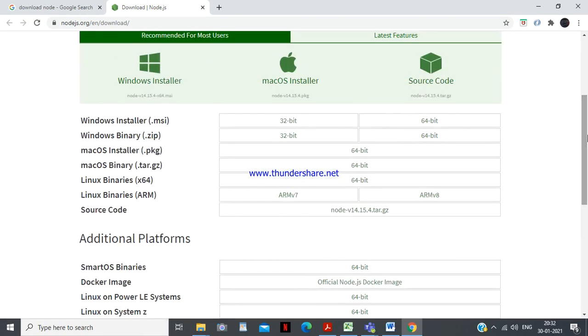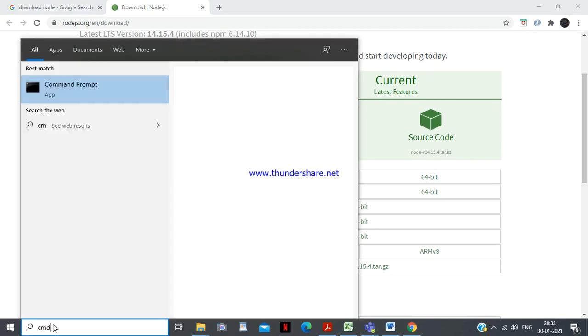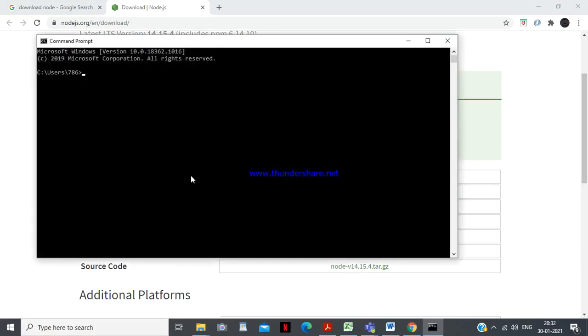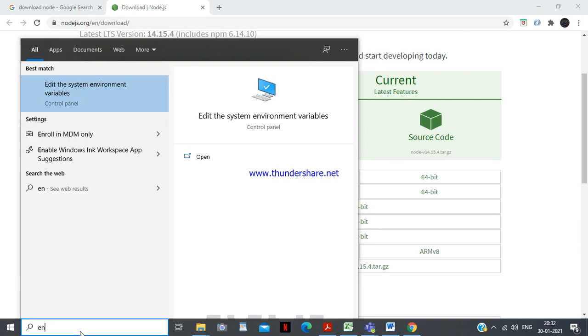Now once the download is complete, how can you check? Just go to the command prompt and type node. If this command runs successfully, that means Node is installed on your system. If it is not installed, you can check one more thing.